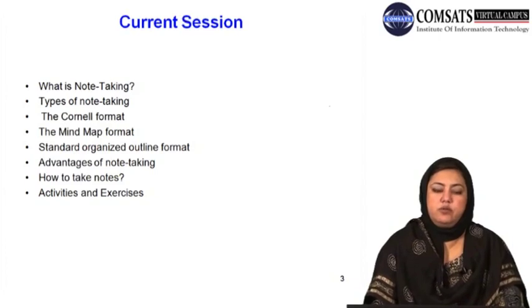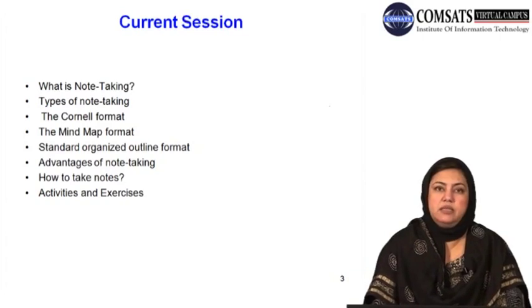With this, we would move on to advantages of note taking, and we would discuss how they can be used in situations where students have to prepare for their exams, for example. Towards the end of the session, I would also talk about how to take notes, what can be the tips for that, what can be the rules that you can apply while taking notes. And at the end of the session, we would have some activities and exercises to practice how we can take